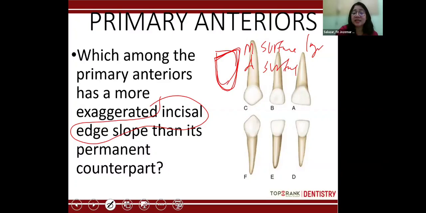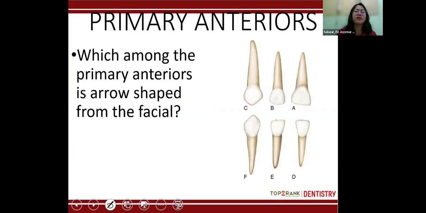Maxillary lateral incisor. So you have your primary maxillary lateral incisor. Mandibular lateral incisor. Ito yan. Okay? So mandibular, yan, nag-slope yan. Okay? It's not at the same level, okay, nag-slope down yung kanyang incisal edge. Okay? The primary mandibular lateral.